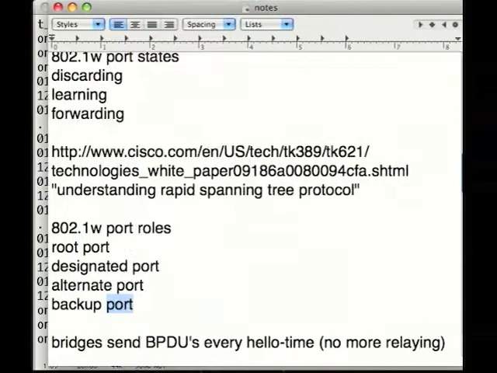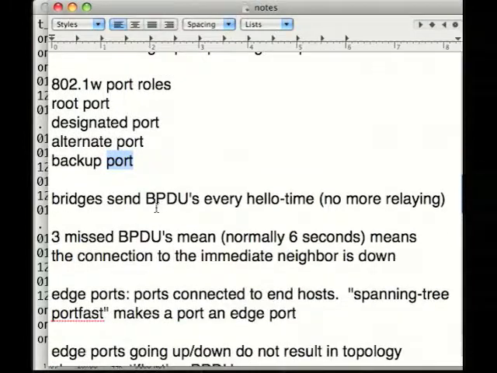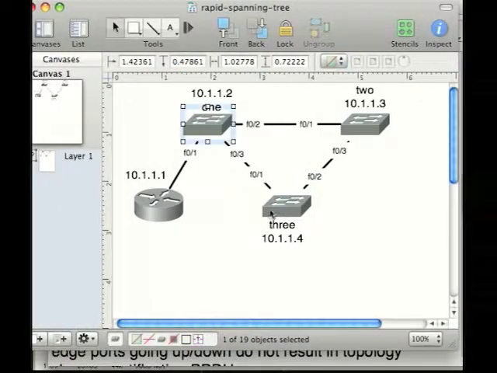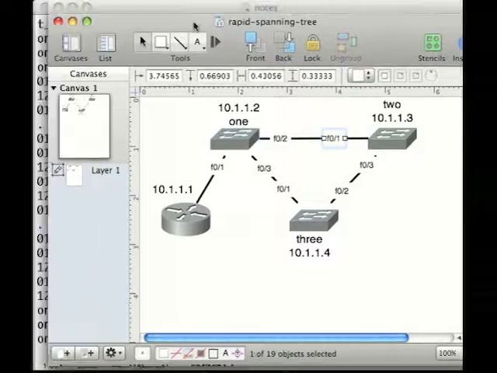Okay, so rapid spanning tree, the bridges send BPDUs every hello time, and they all send BPDUs to each other. So every bridge will send BPDUs out each port that can go to another. Yeah, every bridge will send out BPDUs every 2 seconds out every port, and